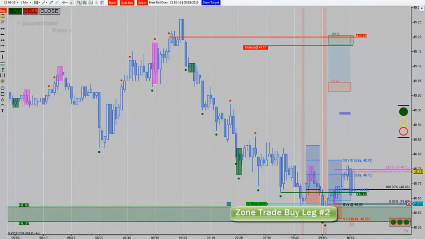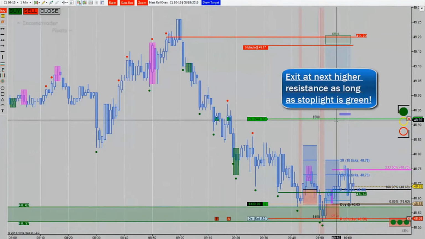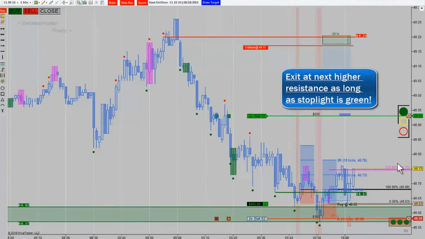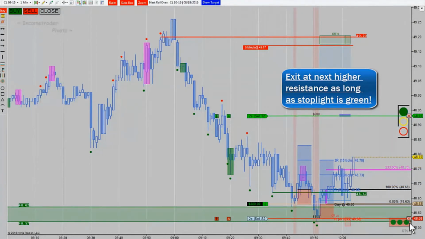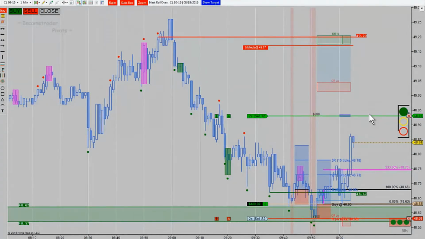Now sometimes you don't get a leg 2, or it doesn't pull back. It may just hit leg 1 and continue to move higher, and you don't get a second opportunity, but in this case, we put the entry at the same area. We know it's going to be a strong move because we have a green light and we have green momentum. At that point, we would definitely want to look for the next higher target area,